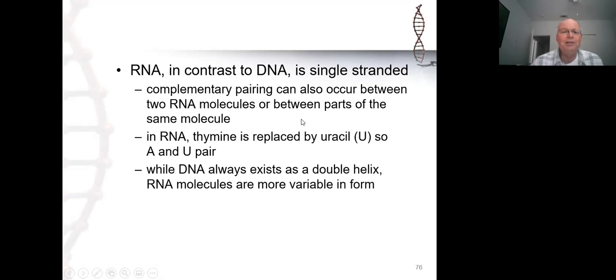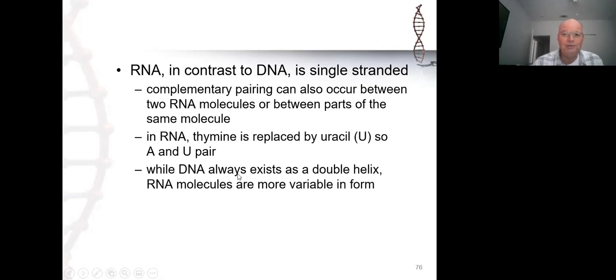In some cases, it is possible to get complementation in a single RNA molecule. So when we look at translation, the process of assembling polypeptides using information from messenger RNA, we'll encounter a molecule called tRNA. And tRNA actually folds into a complicated three-dimensional shape because particular regions of the RNA molecule actually complement each other, and it folds over and folds into this three-dimensional shape